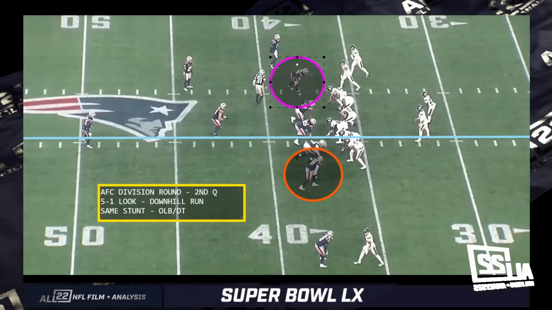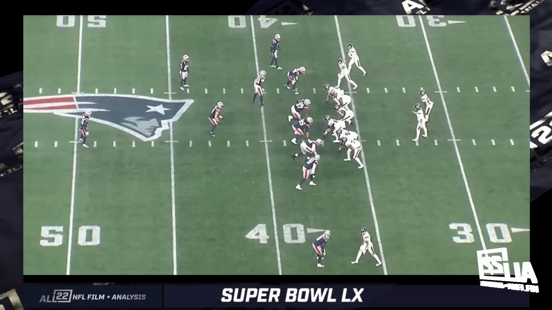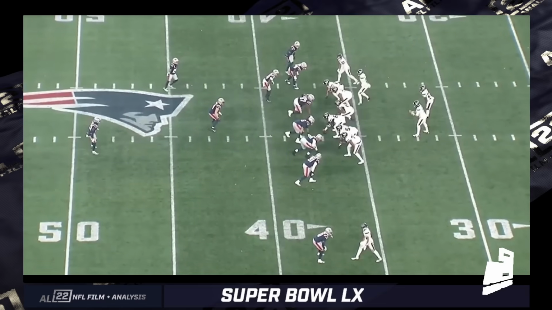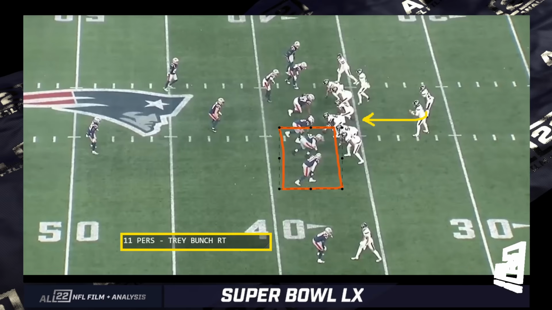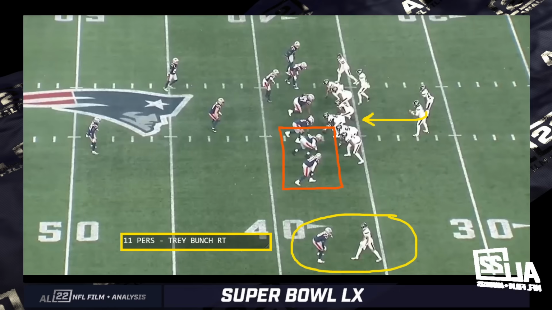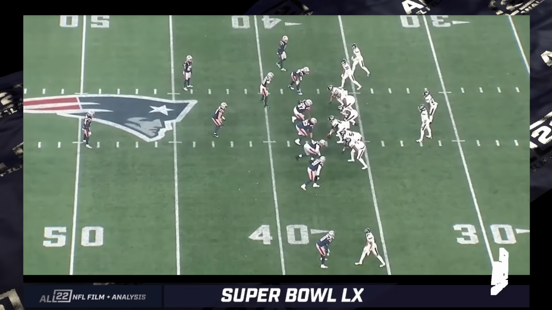But a downhill run concept, you get the same stunt from the Patriots. When they suspect that downhill run is coming, this is the stunt they go to. I covered it in the first preview video. One thing to talk about here is, when they are giving you man and you go trips, this is a